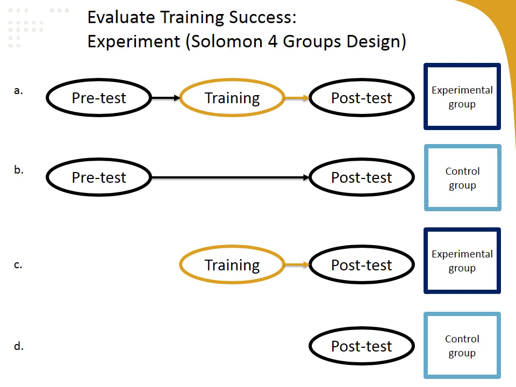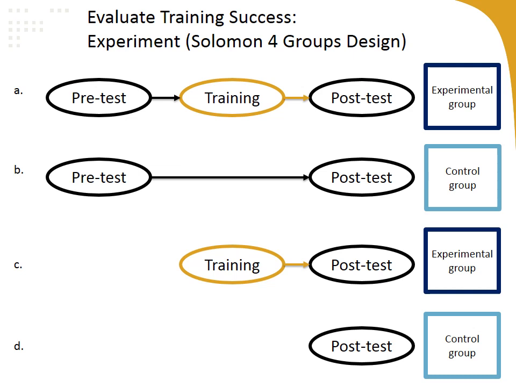They receive the pre-test, and then later on, at the same time that group A receives the post-test, Group B receives the post-test. Then Group C is an experimental group because they receive the training, but unlike Group A, they do not take the pre-test. And then Group D is a control group because they do not receive the training, but they are still measured for their post-test. And if you look at this, it's kind of neat because I can show you how you can compare different results, different pre-tests and post-tests, to eliminate the influence of other factors that could impact training or impact performance that are not related to training.